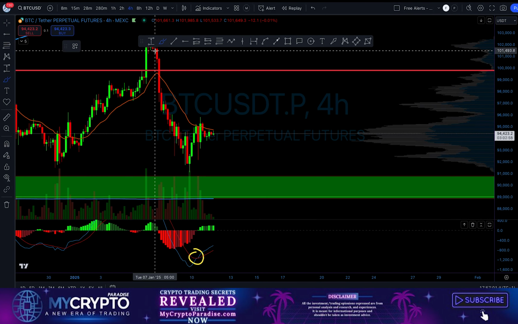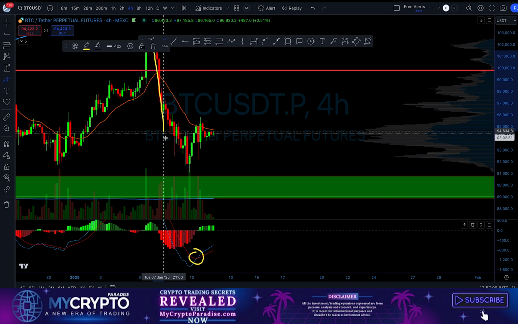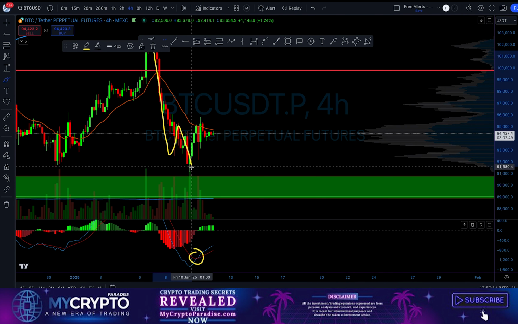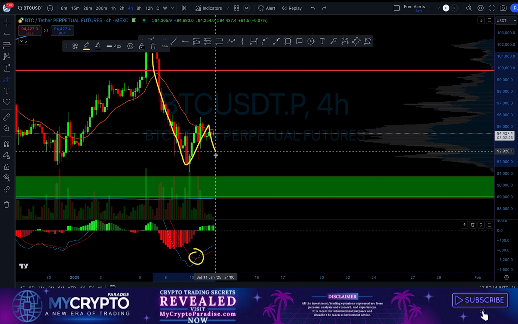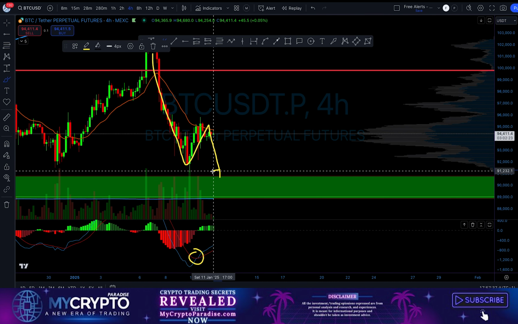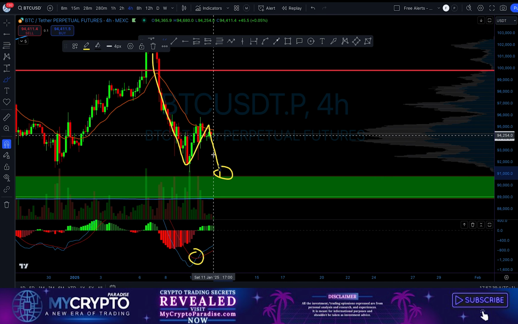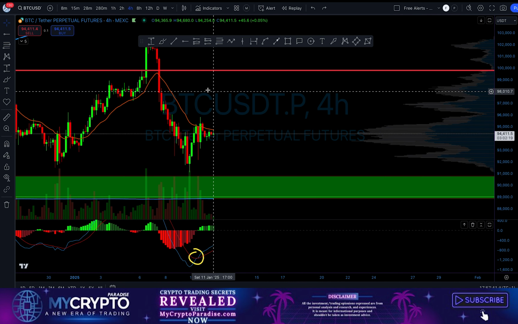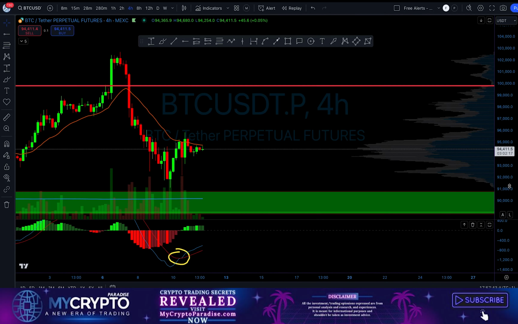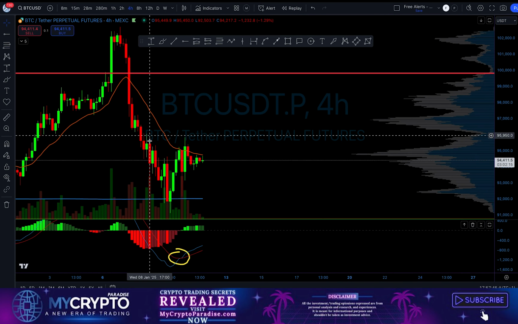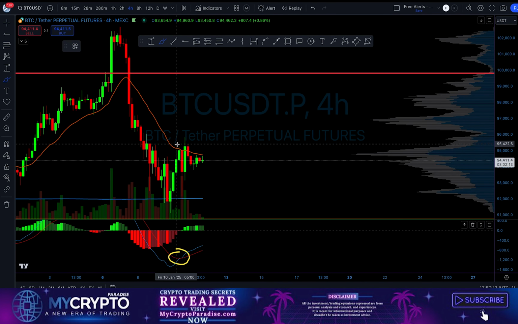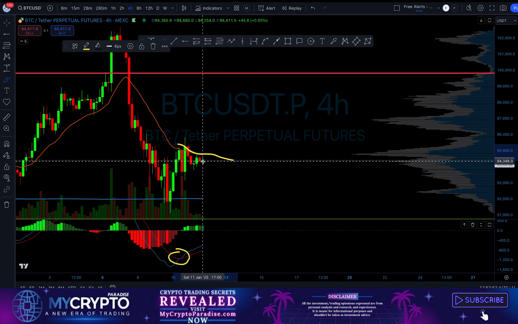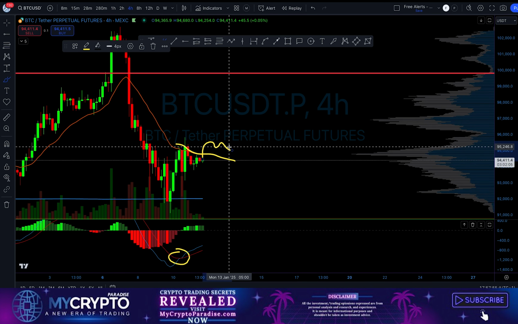If for example our lower time frame count wasn't correct and this wasn't the ABC, it might be ABC like this and we might have a little lower, the end of the C wave. However, I do believe that our lower time frame count is correct and it will be confirmed by breaking above this moving average trend line. This orange trend line is something that, once it is reclaimed on a lower time frame,